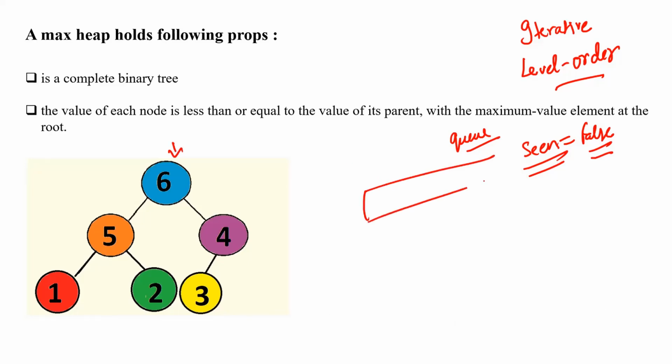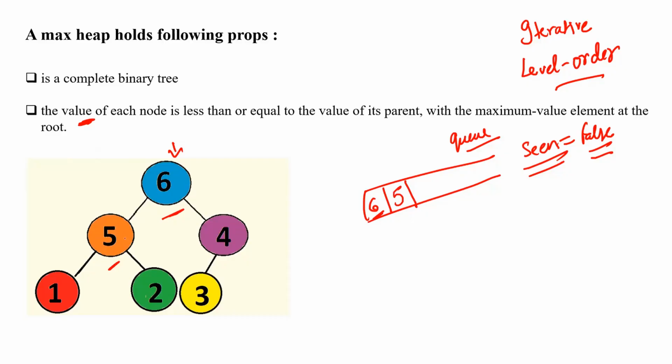So I'm going to put this 6 inside my queue. Next, I'll be checking if this root node has a left or right child or not. It has, right? First of all, we'll check for the left child. If the left child of this root node is not null, I'm going to check that if the data of this left node is greater than that of the root node, it indicates that it is not holding the max heap property, right? As of now, it is not so. If it is not so, then I'm going to push this into my queue.